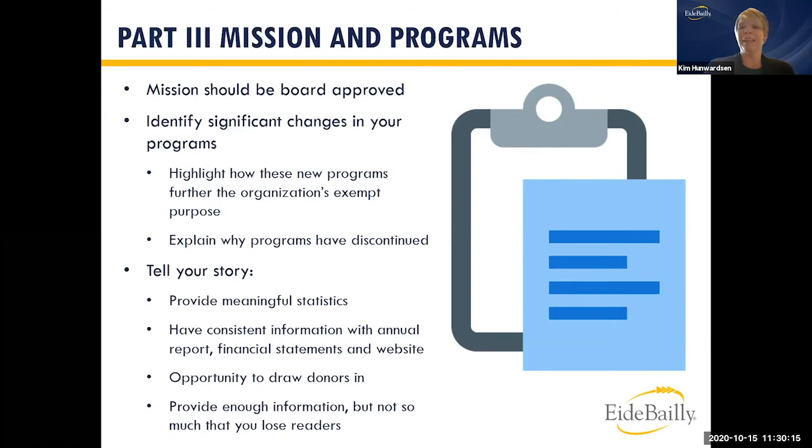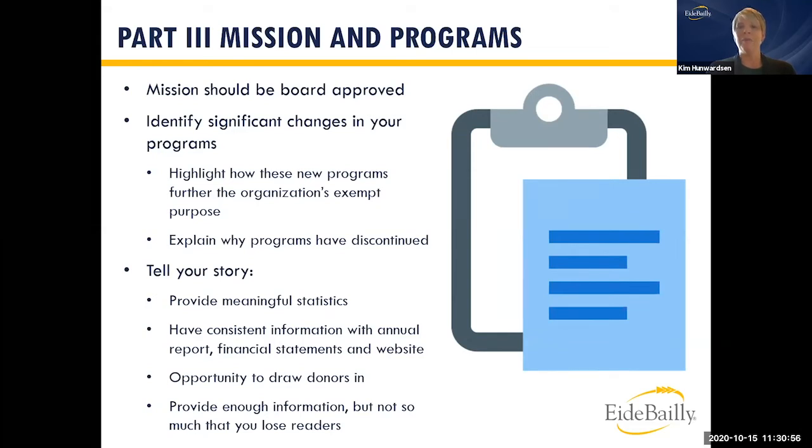I always recommend to my clients, this is a great part of the return to ask someone in your public relations department to get involved in. Have someone who is the person that's out talking about the organization. Nothing against finance people, but sometimes they may not be the right people to put this information together. If we're the finance people focused on just the numbers, we sometimes can miss all of the great storytelling that we want in there.